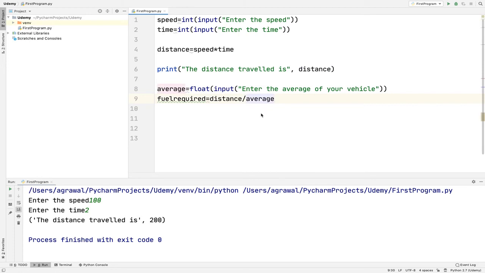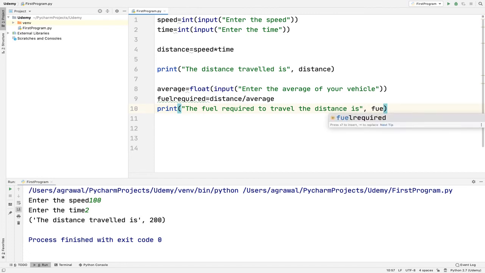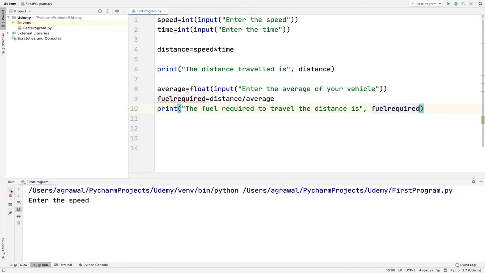So it will find out what amount of fuel is required by my vehicle for traveling that distance. So it will say the fuel required to travel the distance is fuel required.